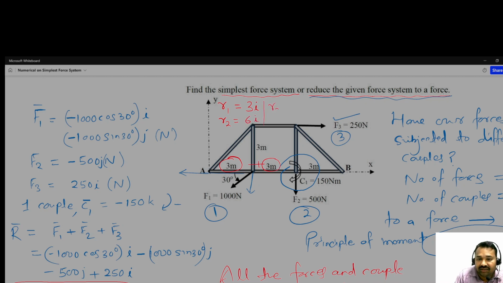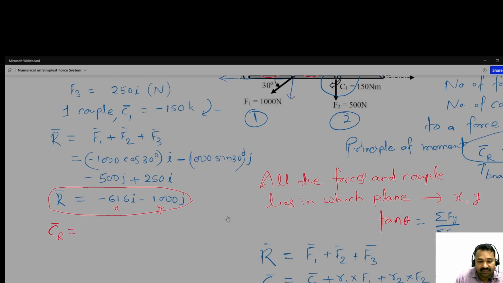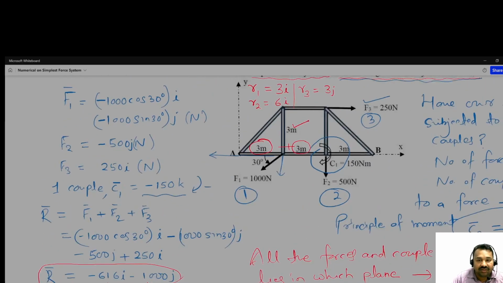What about R3? R3, you can see, is for the horizontal force. So perpendicular distance is required, and perpendicular means y direction. So what will it be? 3J here. Okay, so in this way we can get the resultant couple. So let us write this C1 first. This one is 150K, and then plus R1, and R1 is what here? R1 is 3I,